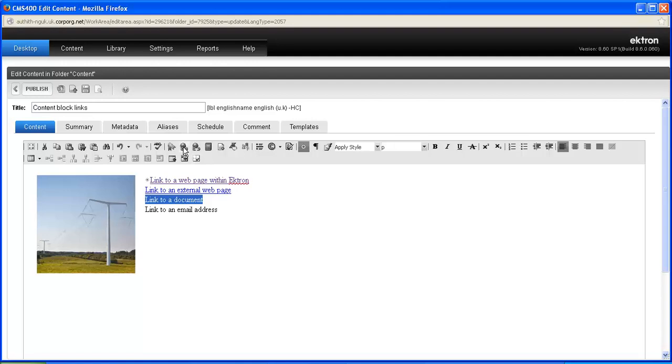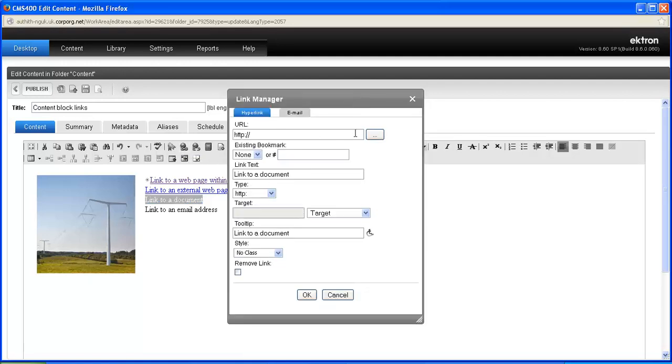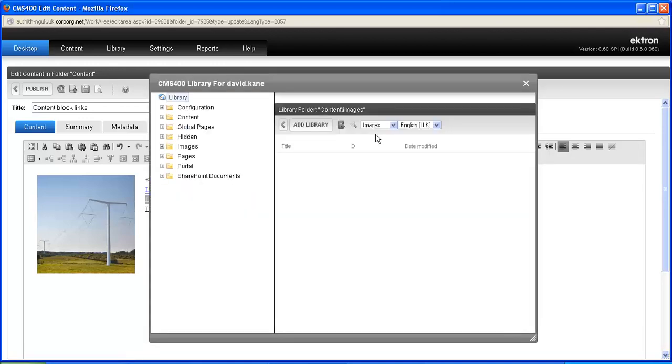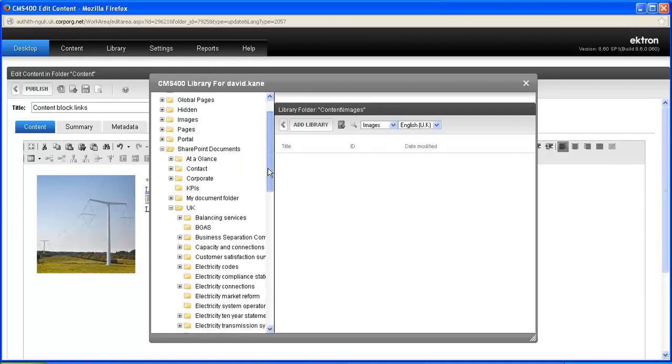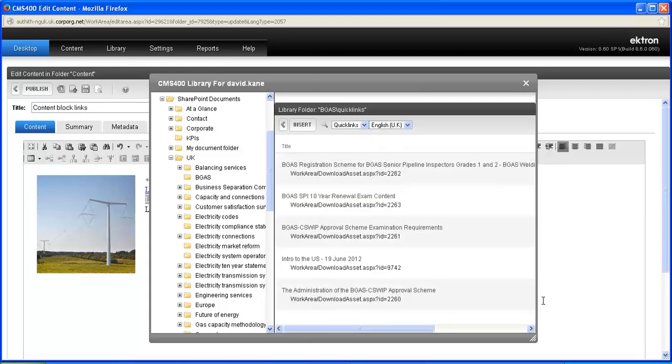Okay, so next let's link to a document. So let's select the text we want to turn into a hyperlink. Again, click on the Hyperlink Manager. We want to click on the Open tab, and we want to browse for a document. So let's open up the SharePoint Documents folder. Let's open up the UK folder, and let's link to a document that's sitting within the BGAS folder. So let's click on BGAS,